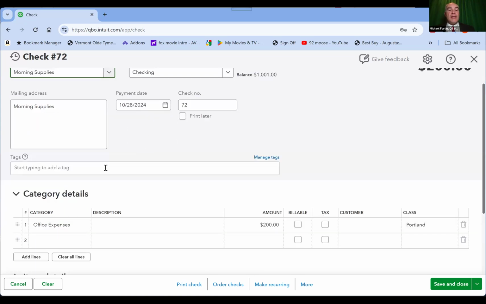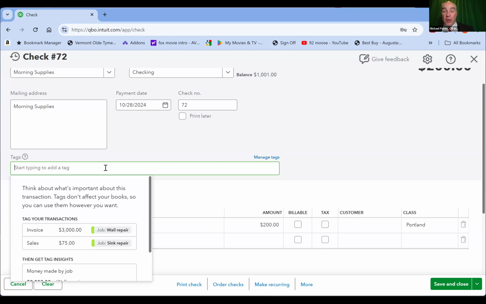Under tags, it's similar to the memo line in the check register, so we should enter in some sort of tag. If you have any social media experts out there that have used hashtags, it just means that it makes that post searchable, right? So similar in QuickBooks, if I use a tag, it will allow me to search out the transaction easily.